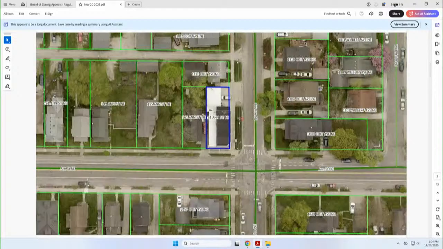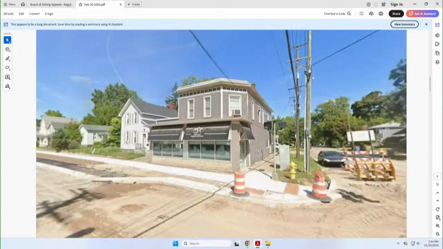The property is currently improved with the two-story building located at the corner of the lot at the intersection of Ann Street and Coit Avenue. The first floor of the structure facing Ann Street has large commercial storefront windows and awnings, typical of a commercial use. The primary entrance to the first floor is on the east side of the building at the corner of Ann Street and Coit Avenue. A second entrance to the first floor is on the northeast side of the building, which enters into the kitchenette/break room space.